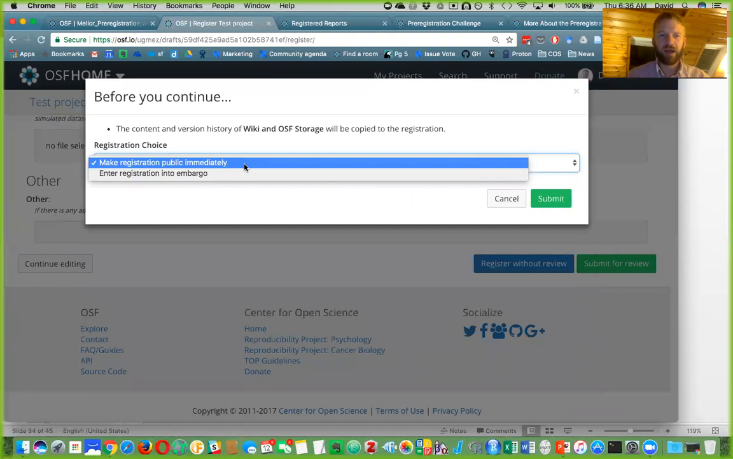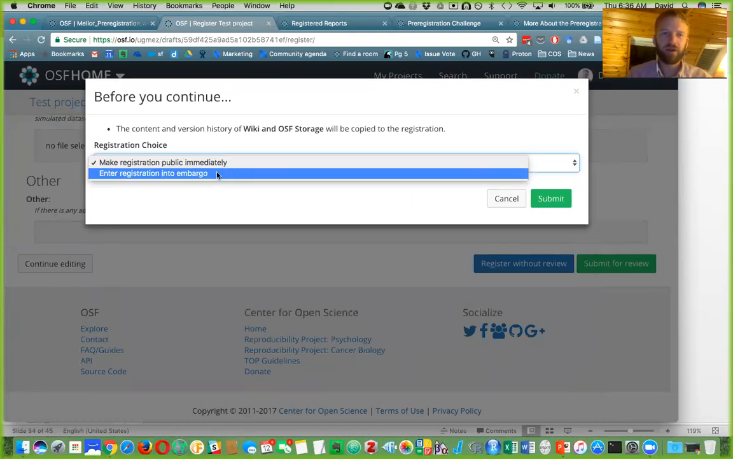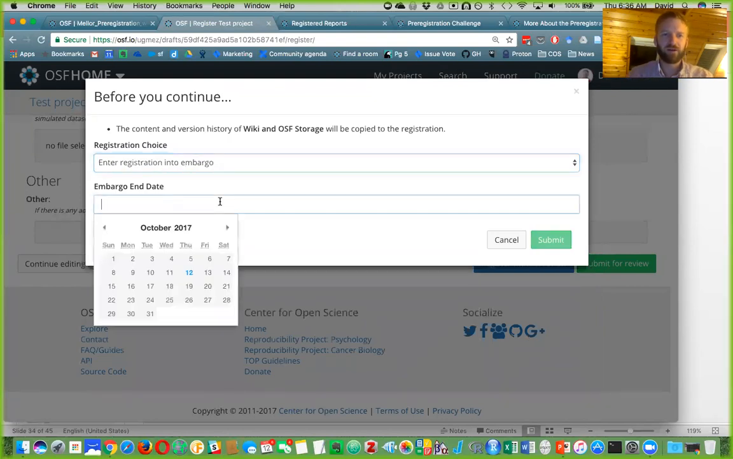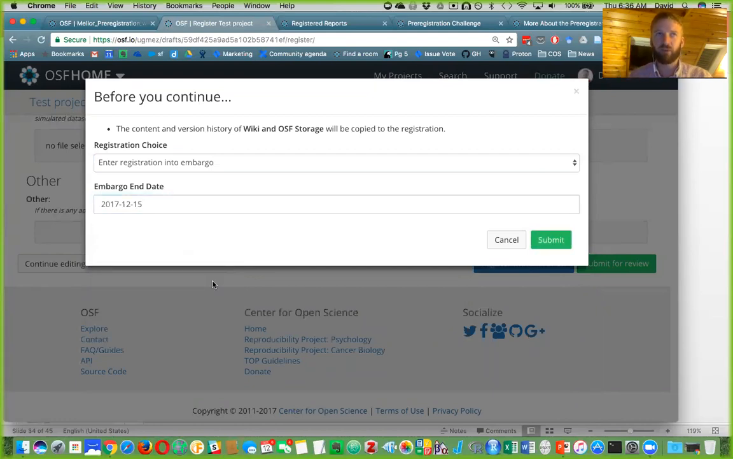And here you have the option to make it public immediately or to enter it into an embargo. I think a small majority of folks, about 60%, use some sort of embargo period. This can be up to 4 years. Oftentimes it'll be less than that, but it just gives you time to keep everything private while you're still collecting the